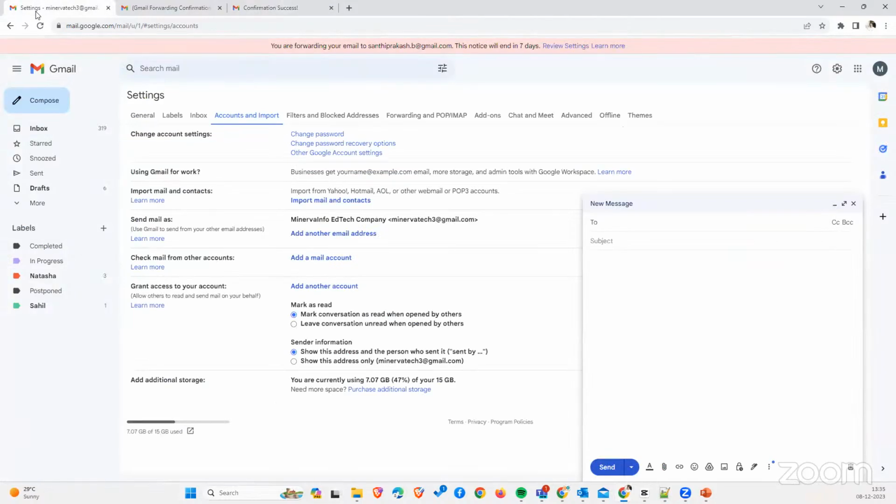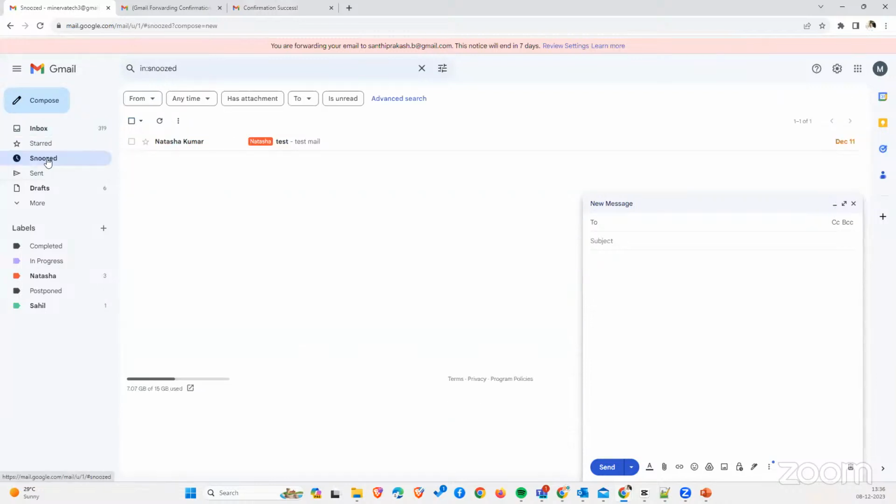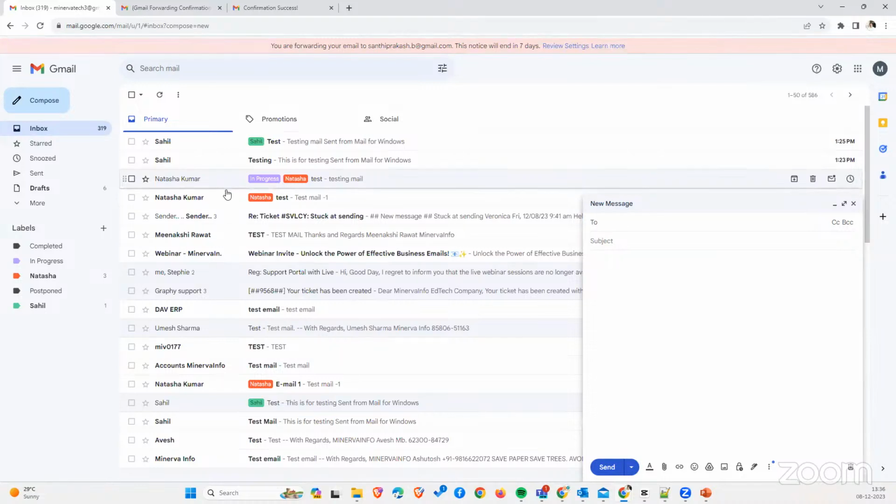Right. So like this, there are so many ways we can actually use Gmail. One is this labeling. The snooze option is another. These will make you more efficient. Say, when you're receiving tens of emails every day, you can prioritize which emails are important and which can be postponed. Like I gave you an example, right? So that will help. Start using this labeling functionality, which will save a ton of your time,